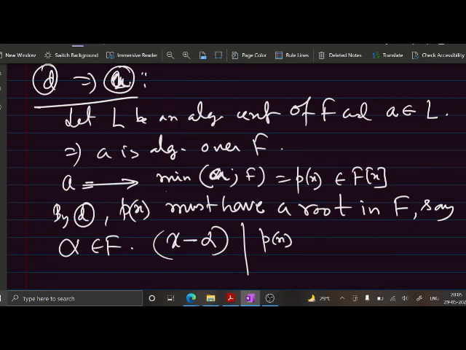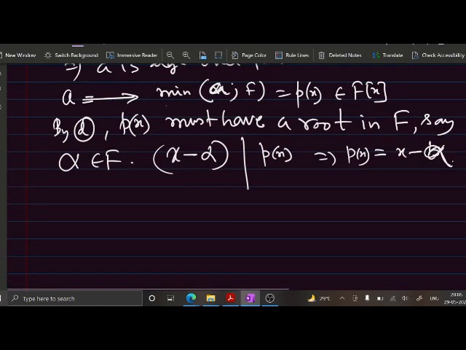So this implies p(x) equals this x minus alpha, আর এটার সঙ্গে সাম ইউনিটের মাল্টিপ্লিকেশন। মিনিমাল নিয়েছো মনিক, হ্যাঁ স্যার, এটাই হয়ে যাবে।